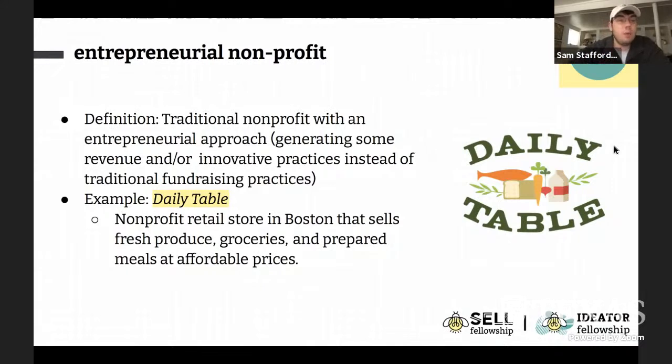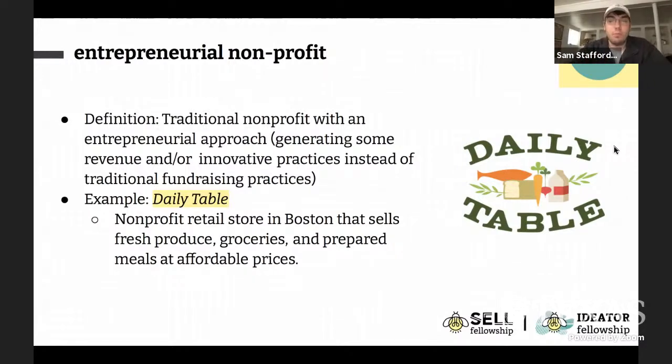So an example that we have is Daily Table, which is a nonprofit retail store in Boston that sells fresh produce, groceries, and prepared meals at affordable prices. So this is what I was talking about earlier, about having these initiatives intertwined within the practices that they do, right? So Daily Table is very impactful because they're able to create an impact by just existing,